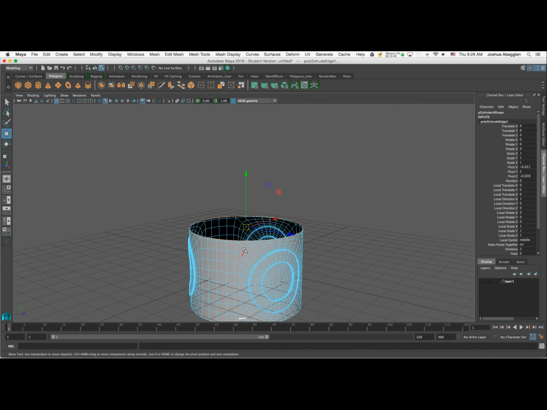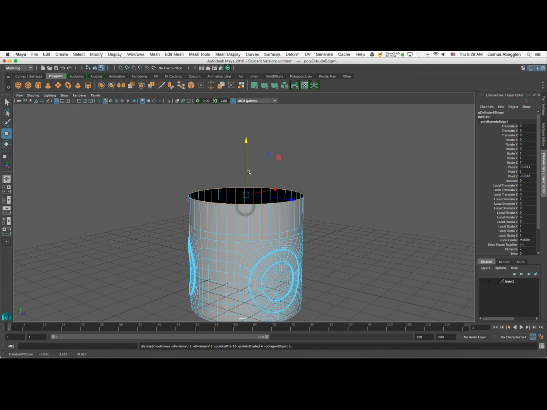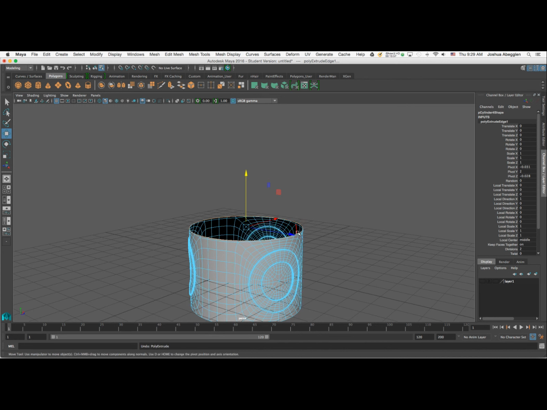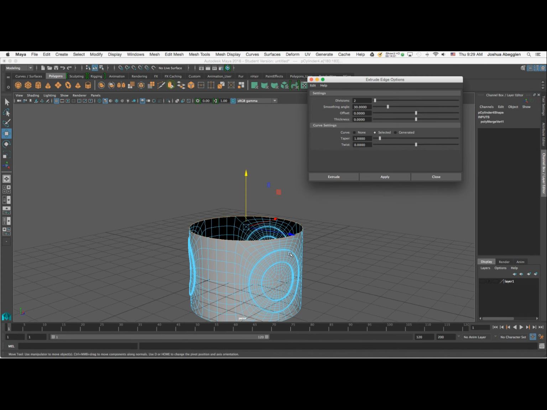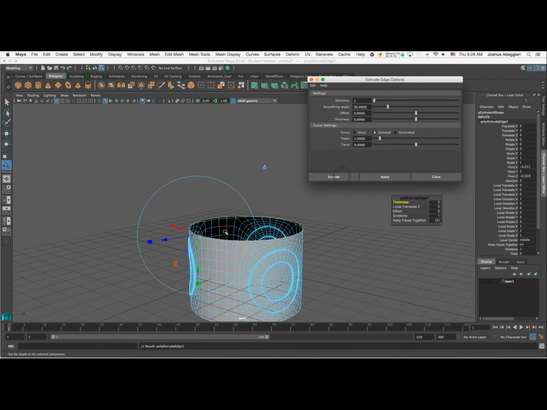Okay, now I want to use the regular translate tools right here. Actually, you know what? I'm having a little problem there. I'm going to double click on the extrude options, make sure our divisions are turned down to 1. I don't need that extra division in there. I noticed that because I'm in smooth preview mode and all of a sudden an extra edge appeared in there that wasn't there previously. So now I'll go ahead and hit extrude,